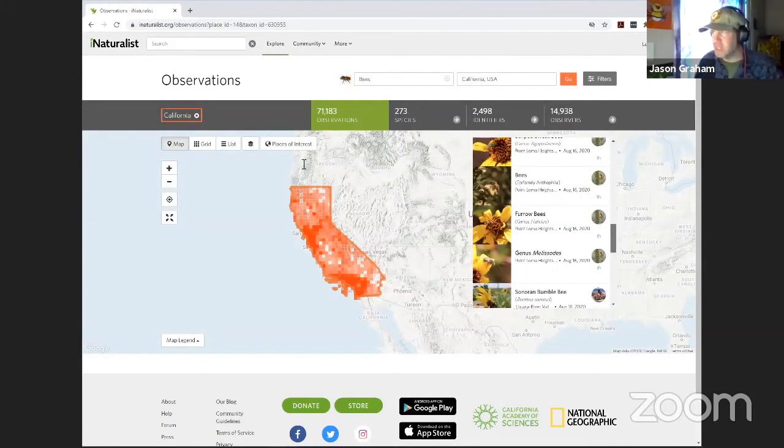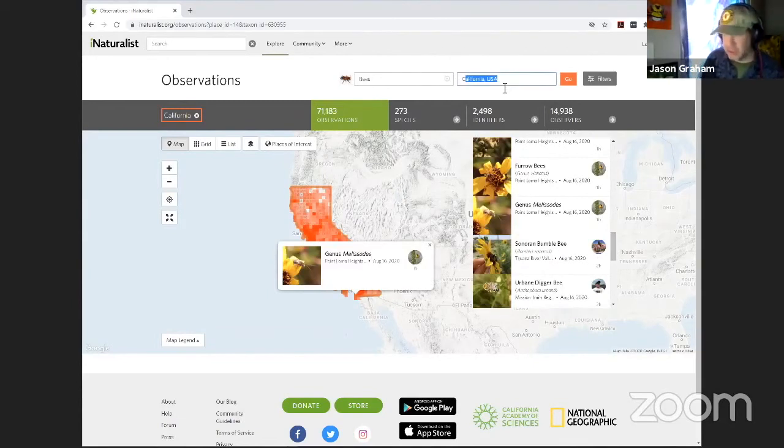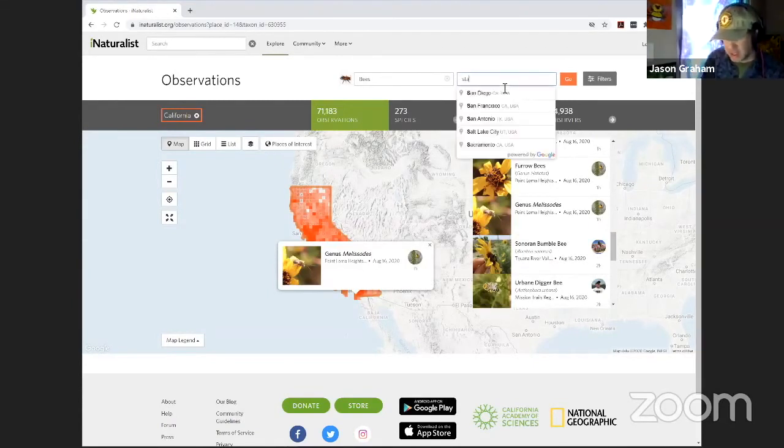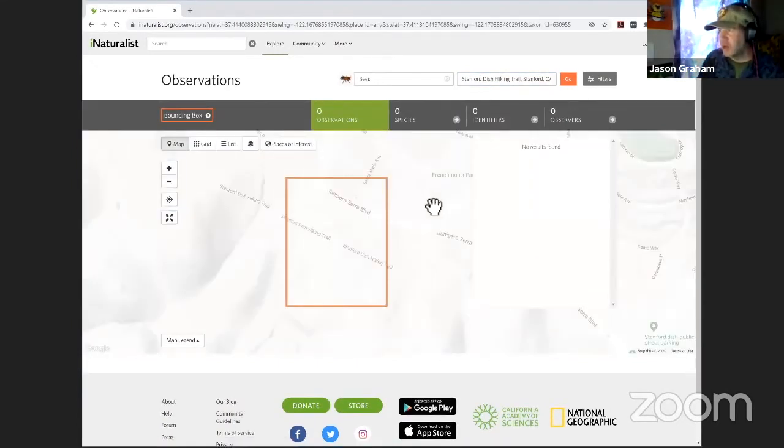You could go down to the town level, the county level. You can even put in a particular university. So like Stanford, just the hiking trail, what kind of bees have been found there. So no results yet, but I'm sure there's bees there. So if you happen to like this area, get a couple pictures of some bees and then add that, and it'll